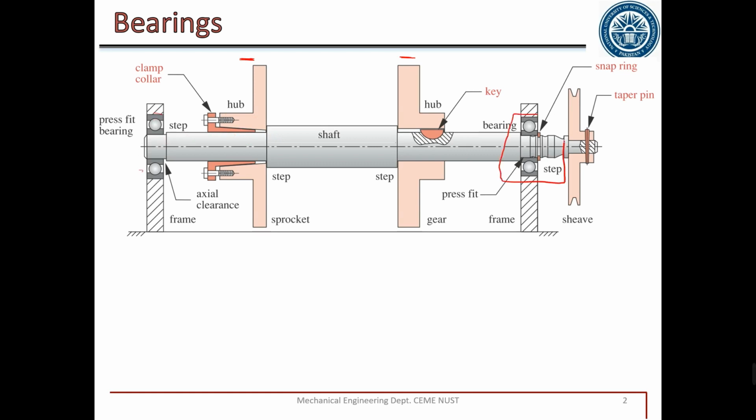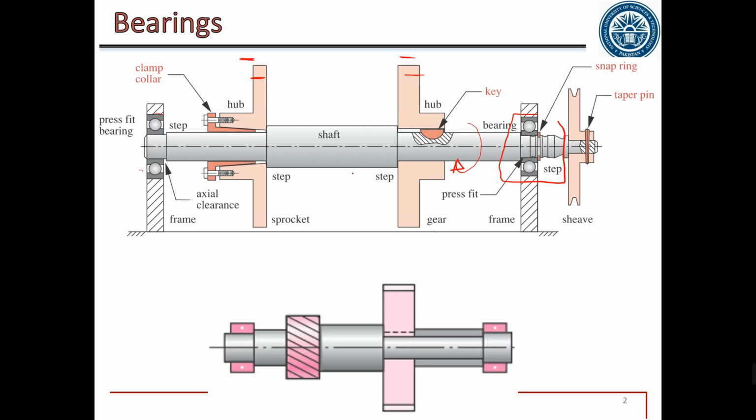The main purpose of these bearings is to provide support to the shaft while rotating, and the friction should be minimum. As the shaft rotates, we need all the power to be transmitted from input hub or input gear to output gear, and we need zero loss or minimum possible loss to the bearing, so that's why we add a bearing with minimum possible friction.